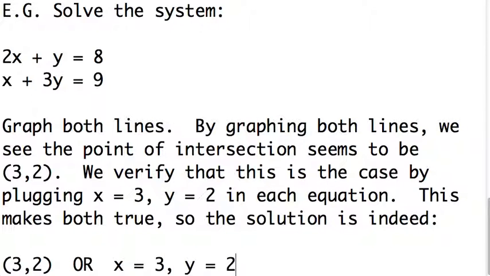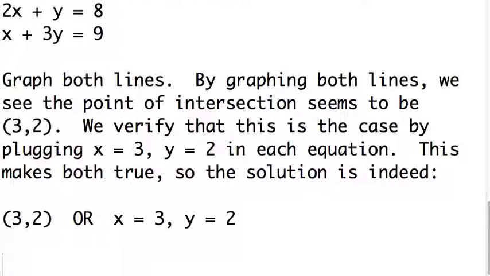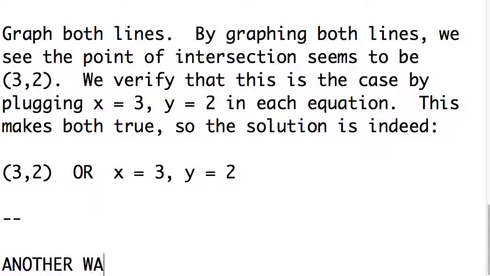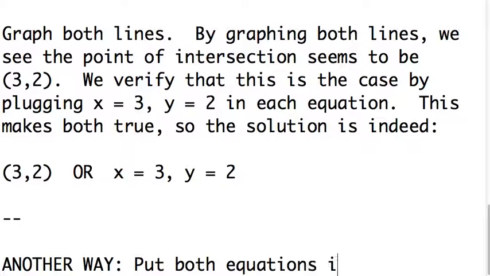It depends on whether we're thinking of it abstractly, or in a geometric sense, we might want to think of it as (3, 2). But if we're thinking of it more as specific values, if x represents some quantity we care about and y is some other quantity we care about for some real application, it probably makes more sense to write it out like this. Now, another way we could have done this would be to put both equations